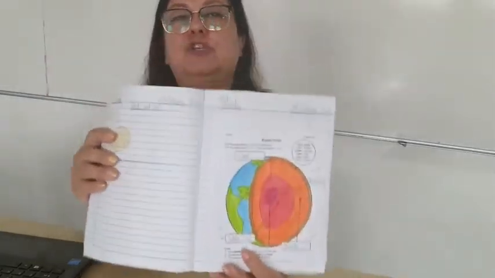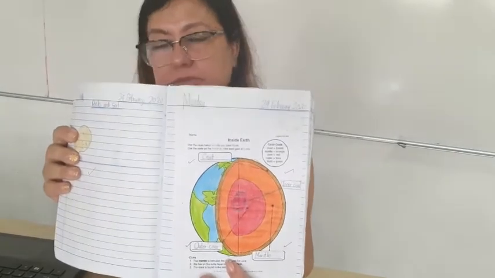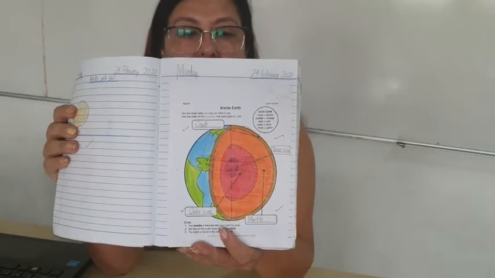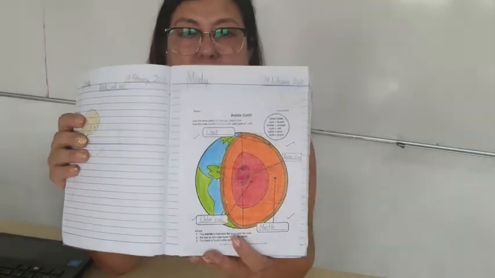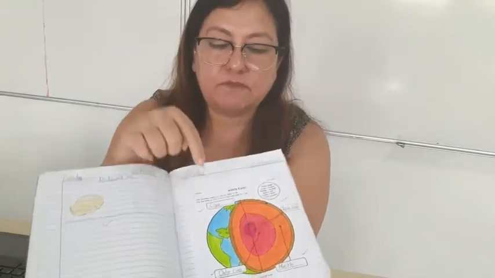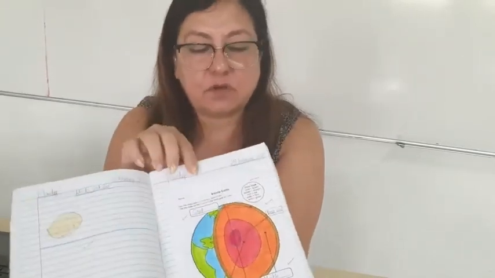So today what we are going to do is read the notes on rocks and soil. I'm going to start with the first picture, that is of the earth. You have stuck this in your exercise book, so please open it. As you can see, this is a picture of the earth. This is what we stuck.